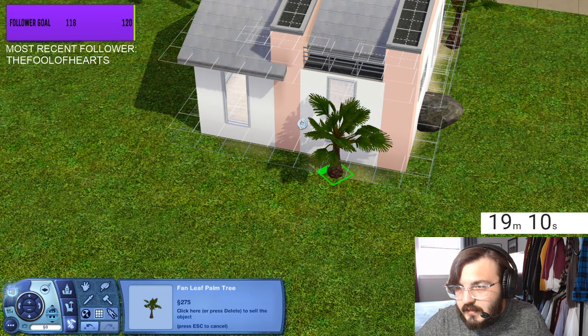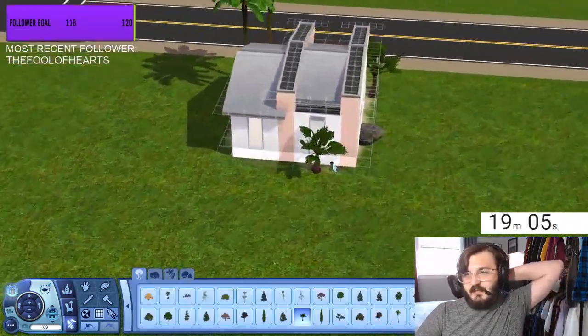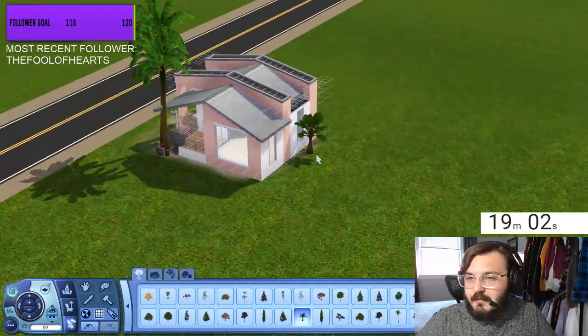And I think that's probably about as good as we're gonna get it. And that's just what we'll have to deal with, because we don't want people to be able to look right into this window and see people on their bed. That's a little bit creepy. And